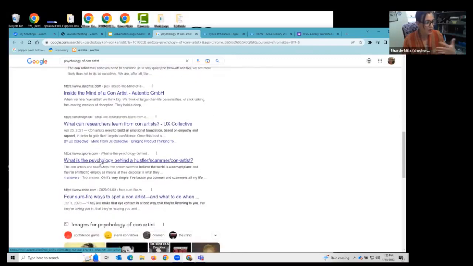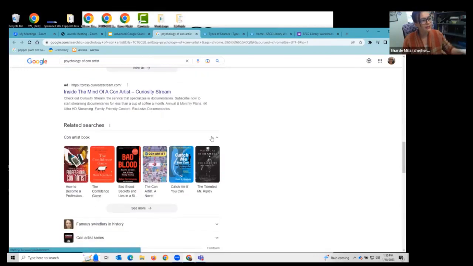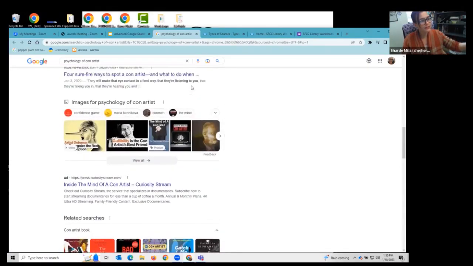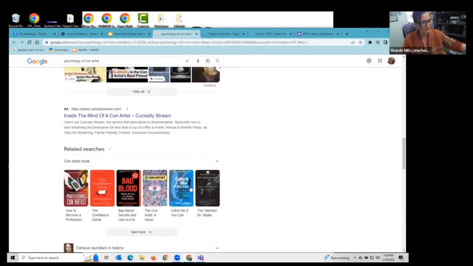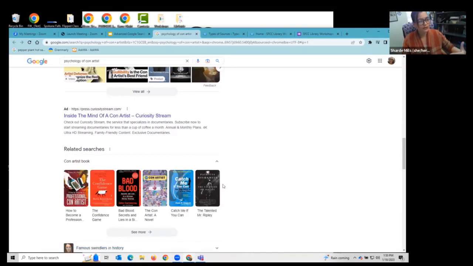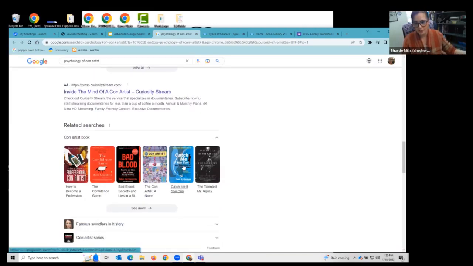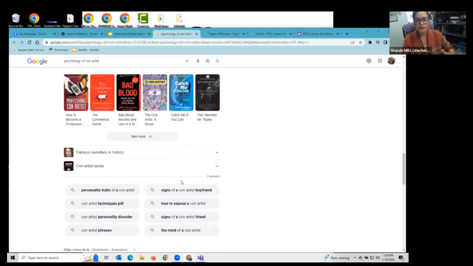As I scroll through here, look at the different places that publish. I'm not going to be familiar with all of these, but I can recognize CNBC as a news source. We can see that it's actually lumping together these by different sources for me. So here, source type: an image is a version of a source type. Books are another source type. So here I could look at what books are available and be like, oh, that sounds interesting. I'm going to see if the SFCC library has it. I'm going to see if the Spokane Public Library has it. Sometimes I think we think books are intimidating, but really you just need to use a section of a book. You don't need to use the entire book. So that's another source that I think maybe we discount.